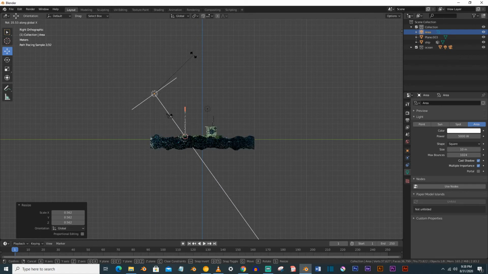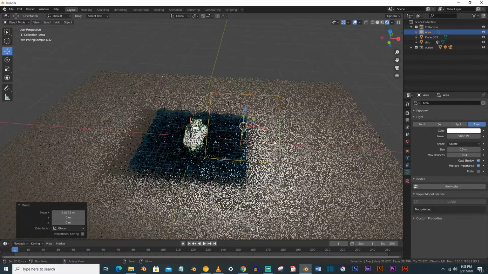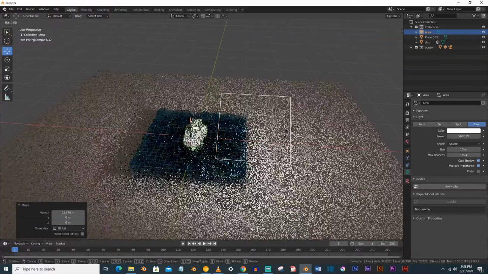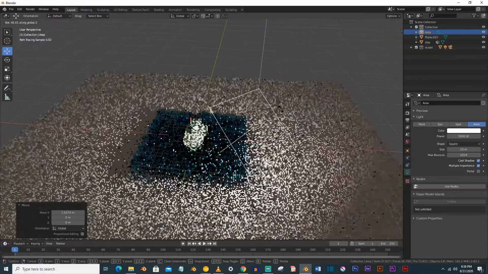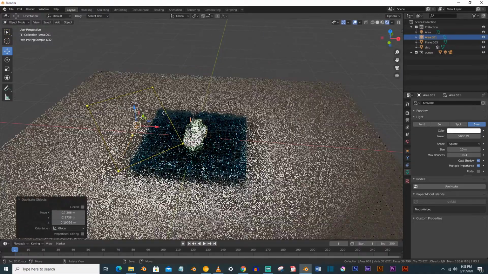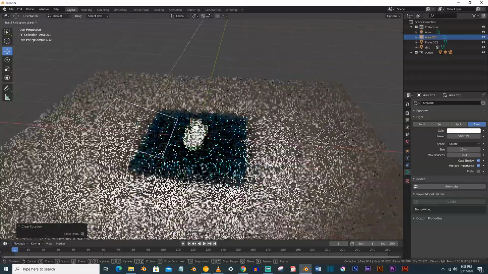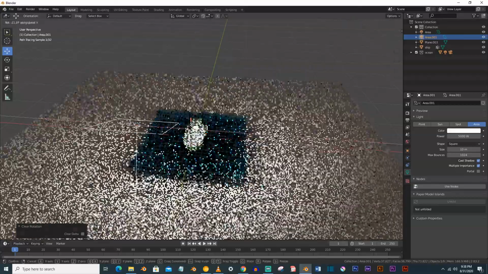And just quickly R and X, set the lighting here. R and Z, make it a 3-point lighting. R and Y, R and X, sorry.